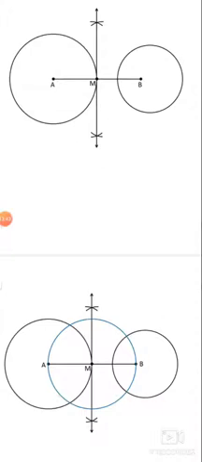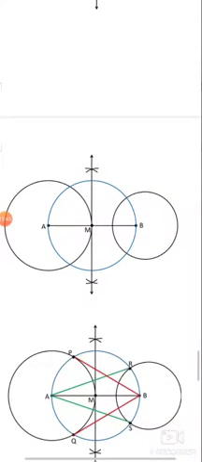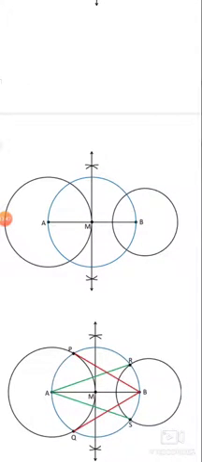That blue color circle touches the two circles at two distinct points. One is P and Q, other one is R and S. Join from that center B, join PB and QB. That is one pair of tangents. From the center A, join AR and AS. That is another pair of tangents.